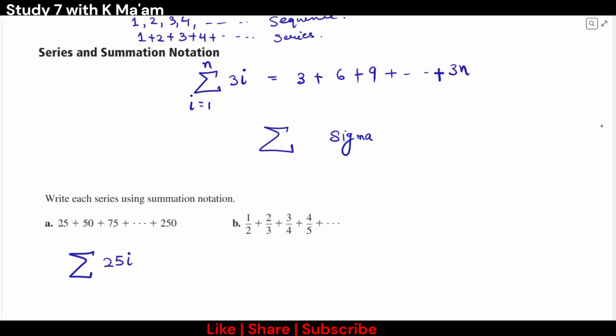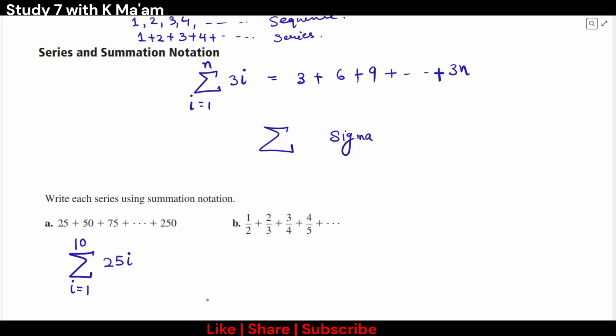Multiples. So I choose a multiple as i. I starts from 1. And what is the last term? 250. How does 25 become 250? By 10 multiplication. So the last term is 10 here. The summation i is equal to 1 to 10,